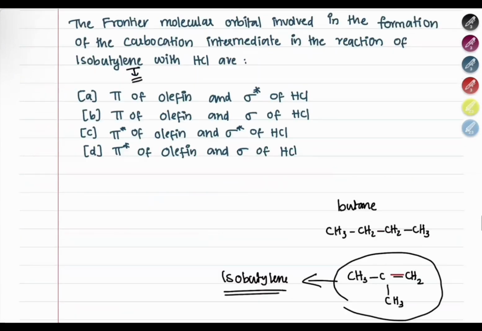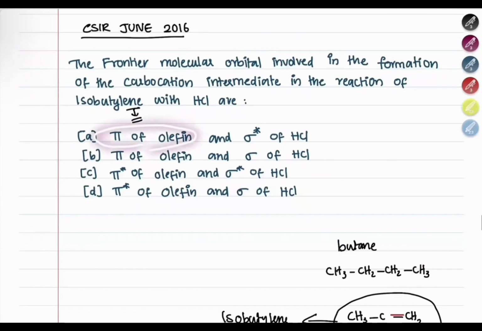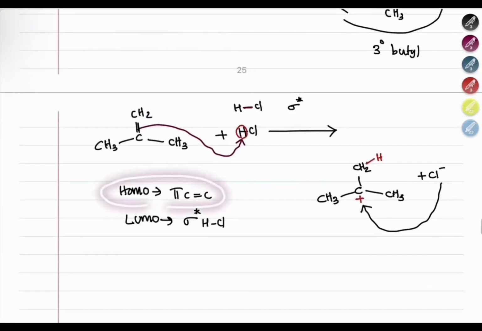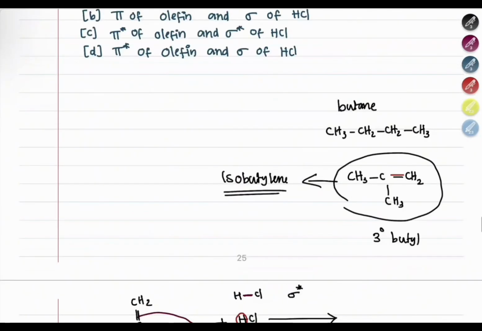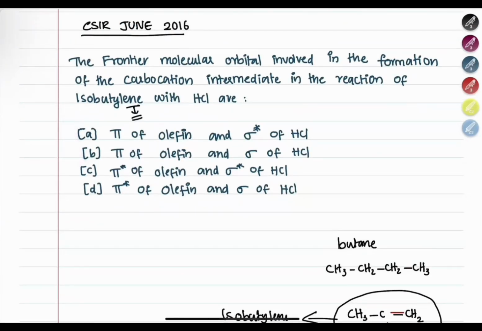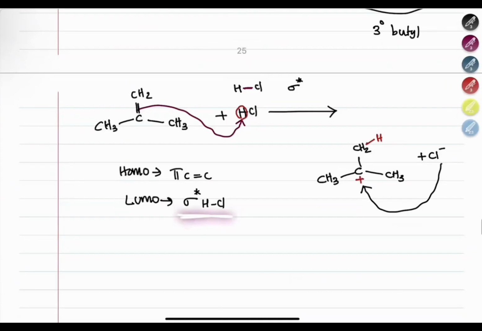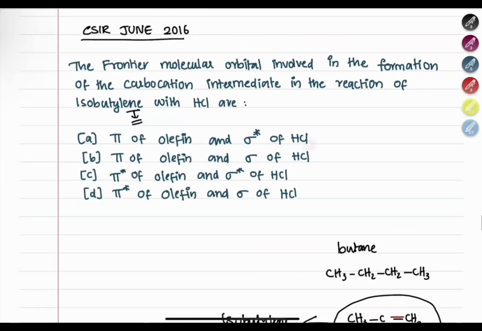Now, we look at the options. In the options, first they are giving HOMO and second, they are giving LUMO. Here, options A and B are pi of olefin, and options C and D are pi star of olefin. You'll see the answer is pi of olefin is the HOMO. So either A or B. Now we look at the LUMO. LUMO is the sigma star of HCl. That means option A is the correct answer. Here the HOMO is the pi of olefin and the LUMO is the sigma star of HCl. Okay. So electron has moved from pi orbital to the sigma star orbital, and that's how this reaction has happened